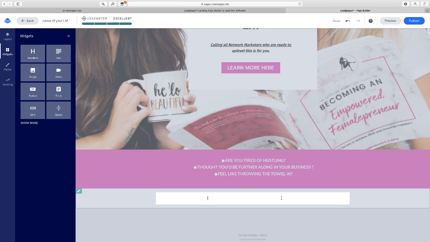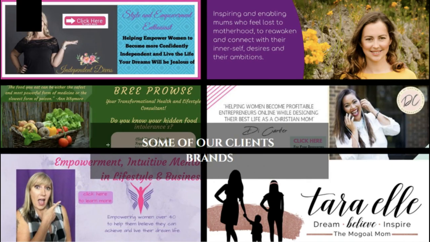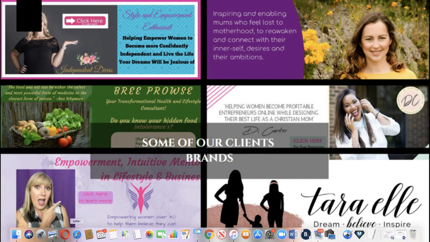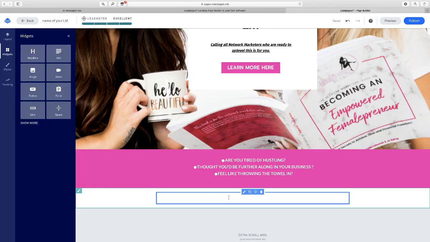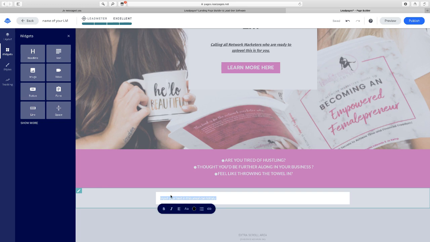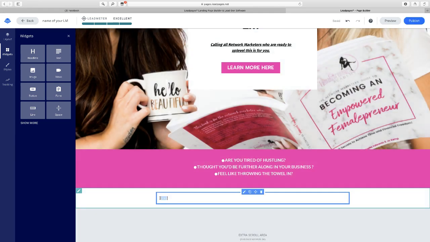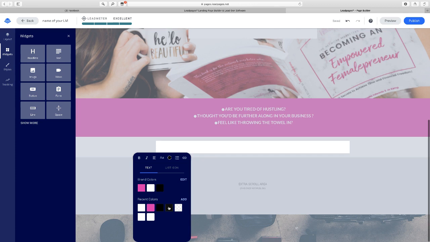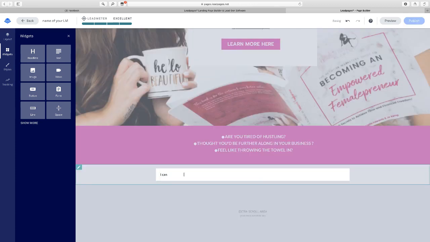Okay, so here you can say, I can totally, and it always does this, okay? It always comes up with white writing, I don't know why. Oh, and now it's totally gone off the screen. Bear with me. So if you just highlight that, delete it, and then just start writing, highlight it again, and then bring up this box here and change the colour of it, okay? Don't know why it starts writing in white, but it does. Anyway, I can so relate,